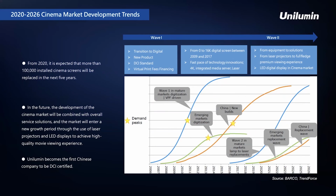That market really went very quickly, and in 5 years, the whole cinema industry in the West transitioned to that. That was then followed by the emerging markets digitization, and then by China's new builds as the Chinese market really developed. So that was wave number 2. Wave number 3 or so, it was really